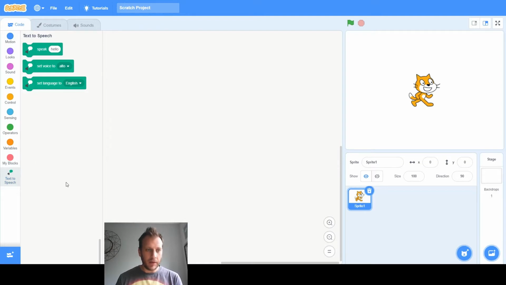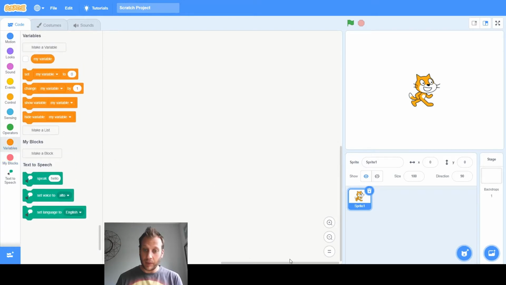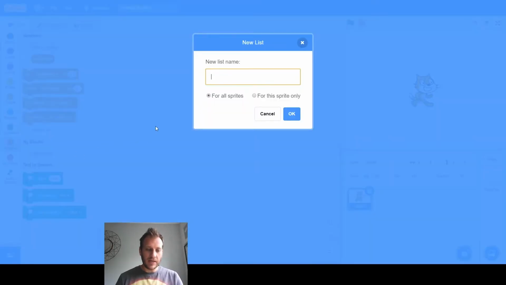Then what I'm going to do is make a list, because I need to have a list of spellings that we're going to check. So the first thing you're going to do is write the spellings into a list in Scratch. So I'm going to make a list here. In variables I've got make a list. I'm going to call this list